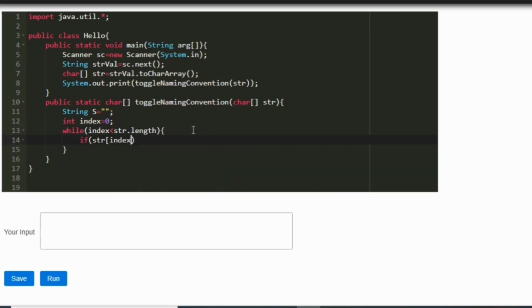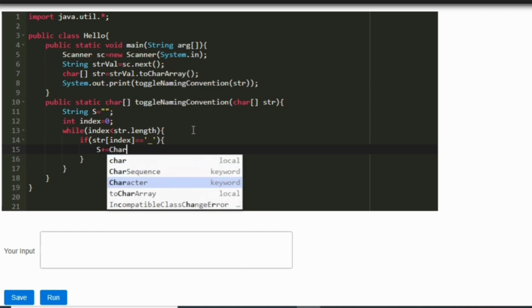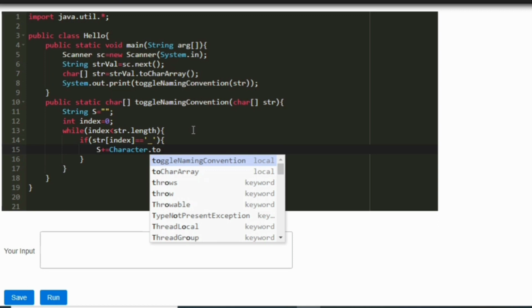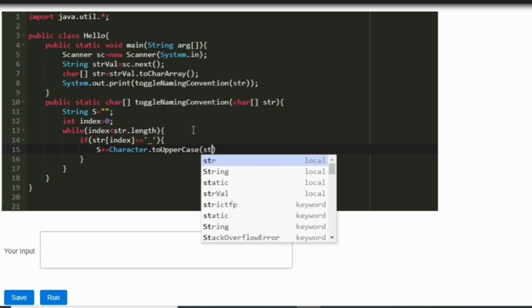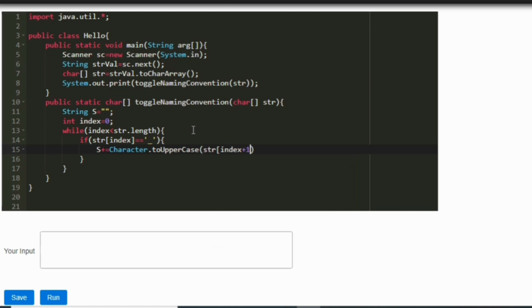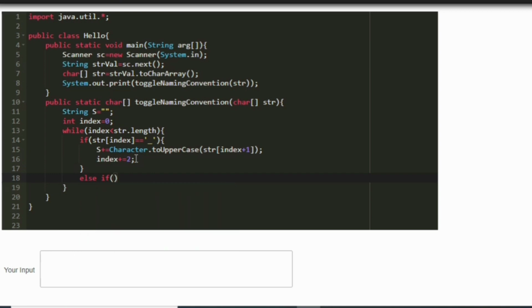if the string of index is equal to underscore, means the string ys will be appended with the character at index plus 1, which is in uppercase. So here we have index plus 1, and after that index will be incremented by 2 because we consider the next character also. So now else, if